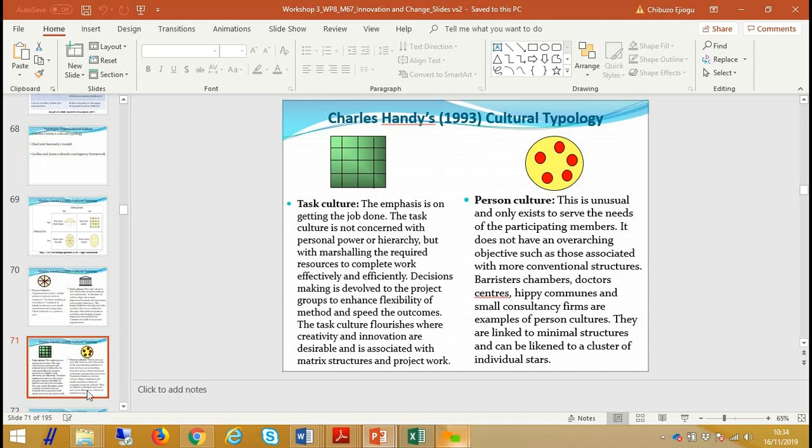We don't say that this is particularly good or bad. It depends on what works for your company. But obviously, if one culture is not working for your company, you need to now look at